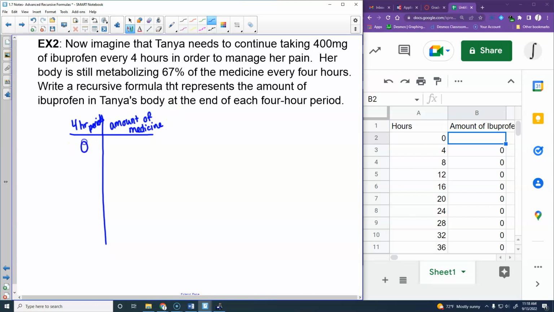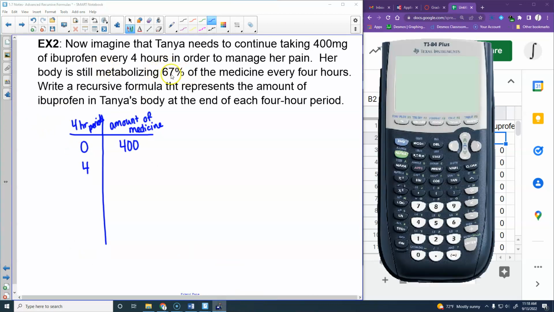At 0, we know she took 400 milligrams. At 4 hours, we know her body is still metabolizing 67%. So for the medicine she took 4 hours ago, she's got 400 times 0.33, which is 132. We already knew that, right? She has the 132